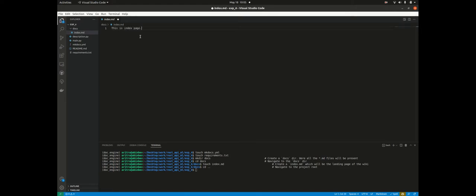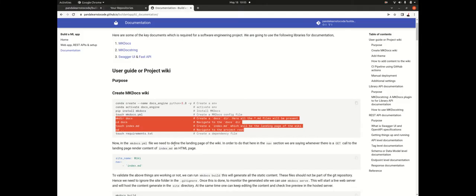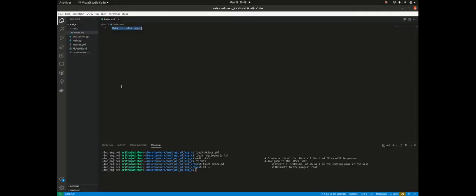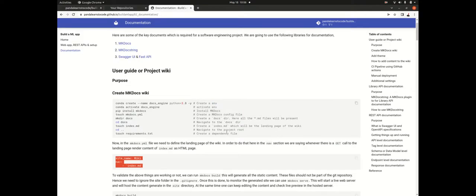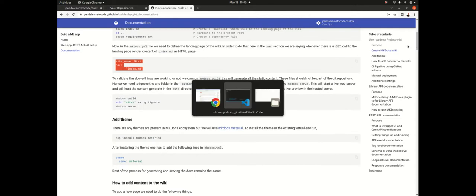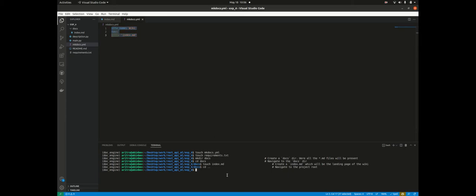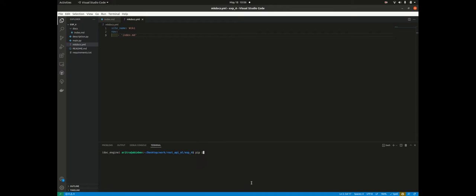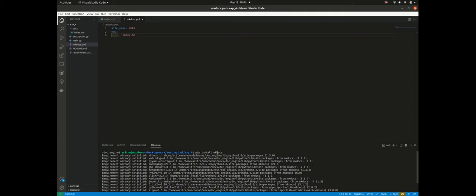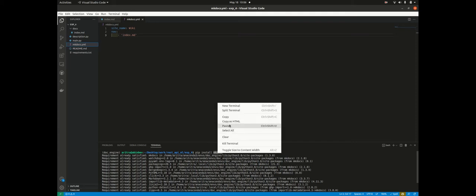Once this is done, we'll have to configure our mkdocs.yaml. We'll need a minimum of two requirements: one is site_name and another is nav. In site name, we'll put wiki, and we'll parse the index.md file as HTML content and serve it. In order to do that, we'll have to install MkDocs in the existing environment. Once this is done,